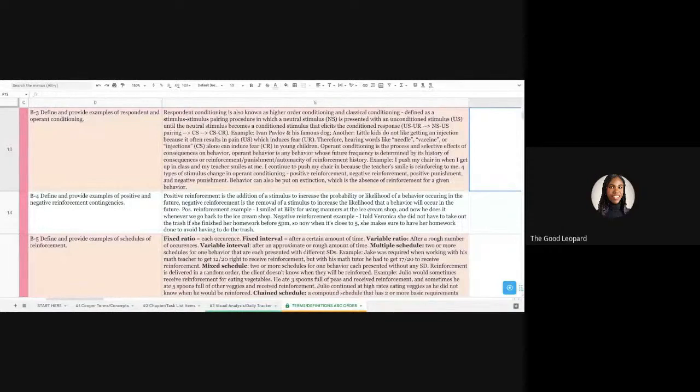So it's unlearned. It's phylogeny, if you compare phylogeny and ontogeny. Phylogeny, we don't need to learn these things. We don't have time to learn all these things that we otherwise need to survive. Otherwise our human race would just die off so quick. Okay. So we're born knowing, and we're born with instincts and all these behaviors that we don't need to learn or experience to know that it's there. And pain is a part of the unconditioned reinforcement.